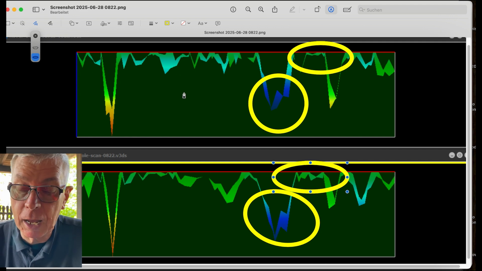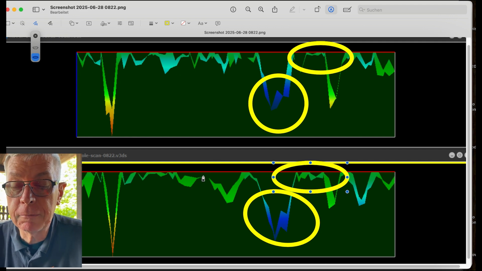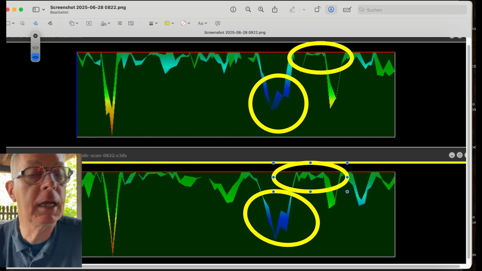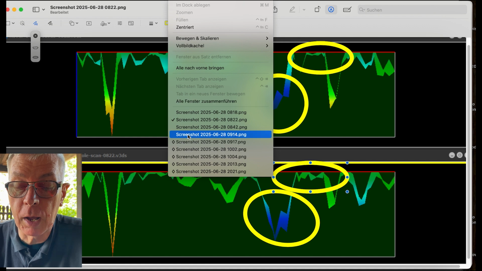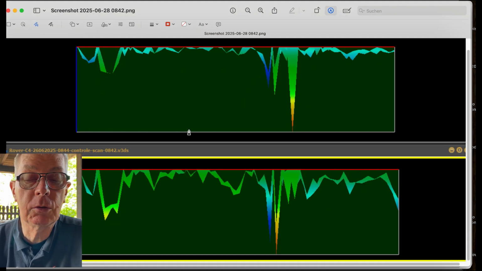Up here at the beginning, I really don't have very much to say. At this point, this looks like normal ground without really any other type of things. It's just normal ground. That was 822. Moving on to